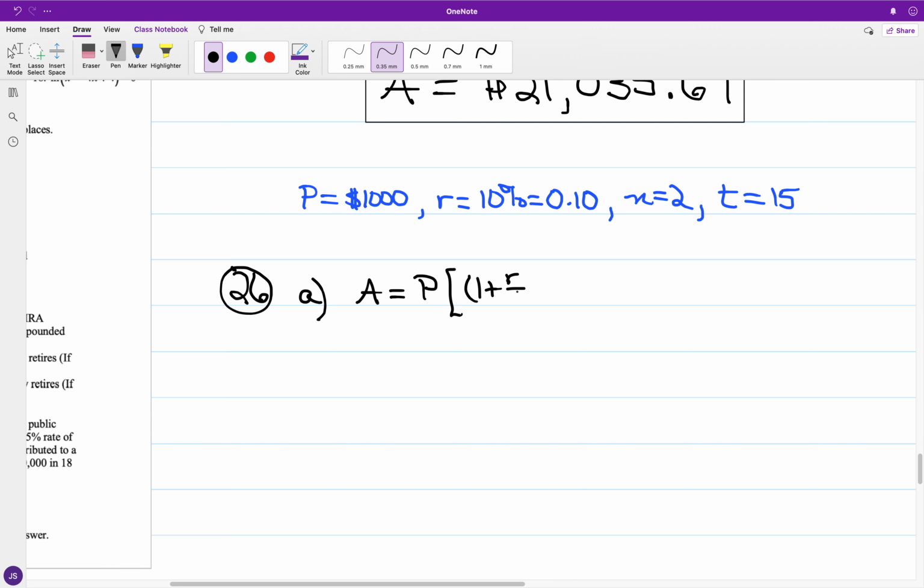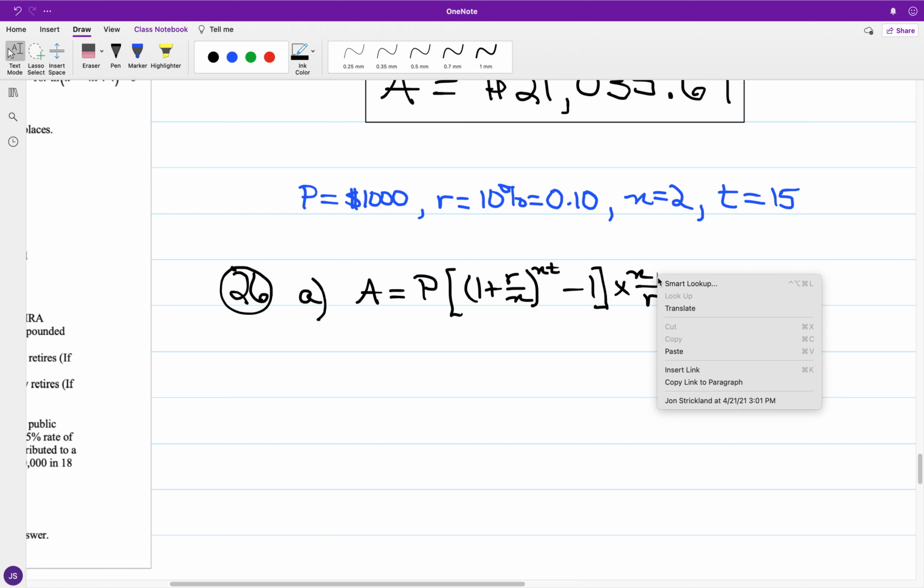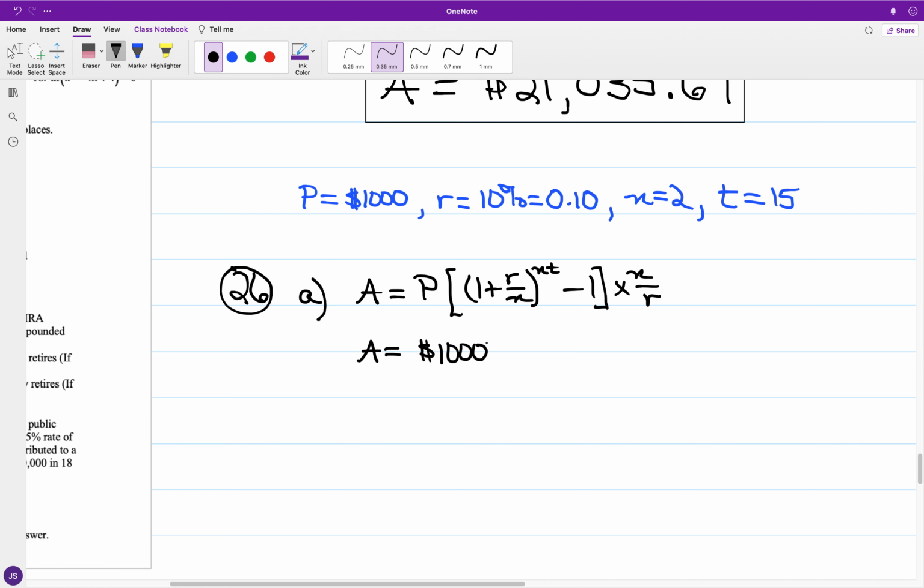Okay, so you have A is equal to P times the quantity of 1 plus R over N taken to the N times T degree, minus 1, times N over R. And so just looking at filling in the numbers. Okay, so yeah, P is 1,000, times the quantity. So filling in the numbers, you have 1 plus 0.1